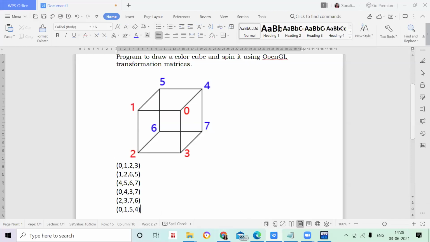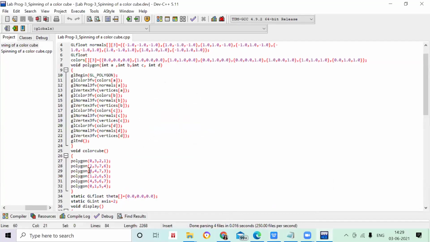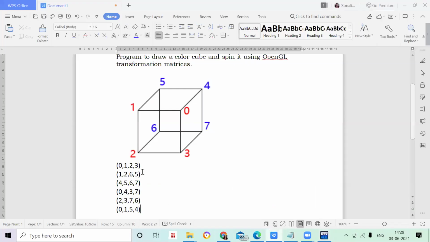The same combinations you can see over here in my program. Same thing is there. Don't worry about why 0 is here, 3 is there. That is not a problem. 1, 2, 3, 0 combinations you can find here. However you write, it has to start from one point and it can end with another point. That's it. You can write in any combinations.